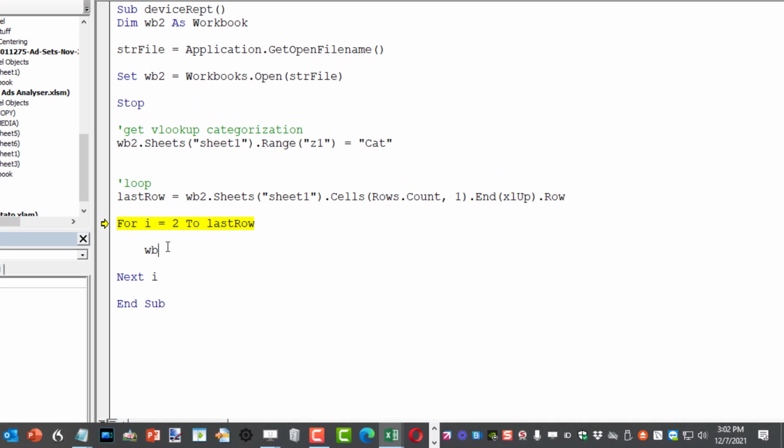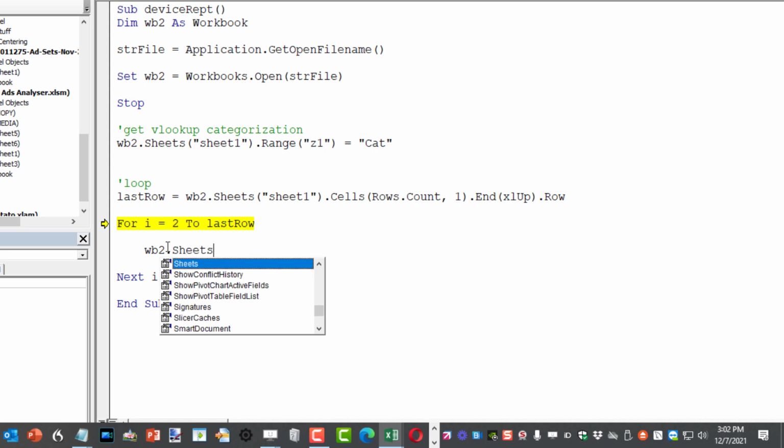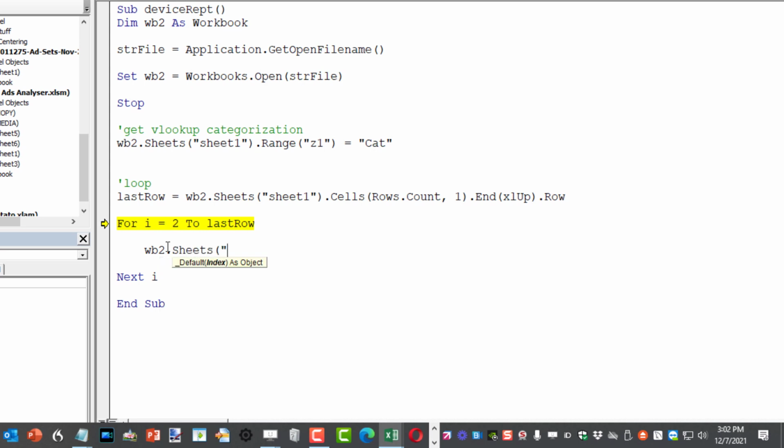So we're going to say workbook2.sheets. And I could have abbreviated the sheet name, given that a nickname, and I still can, but I'm going to go ahead and copy and paste it a little bit for now. So sheet 1 on the current other workbook dot cells, because cells is useful in loops. Right now we're on row I, and we're always going to be on row I in our loop. So row I is going to represent 2, and then it's column Z, or I could have written column 26, the number, either way. As long as you put the letter Z in quotes so it knows that's the column letter. So that particular one is going to be equal to, and remember we're looking up from column 4